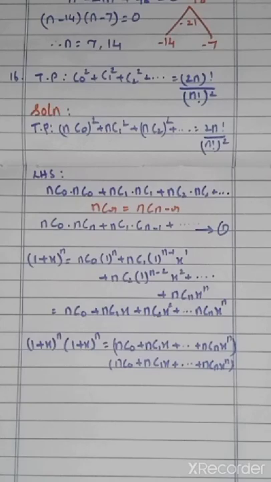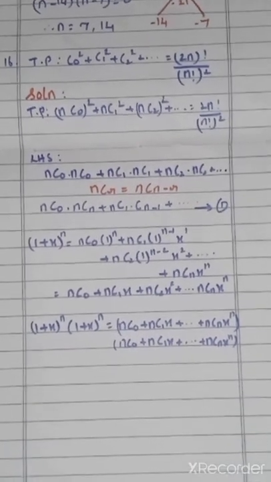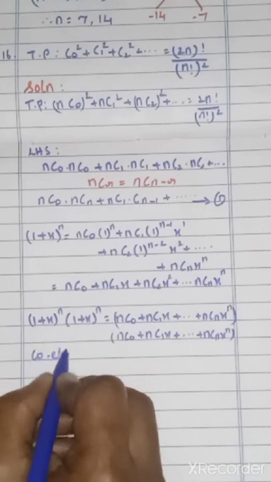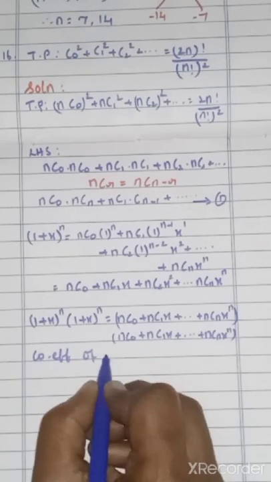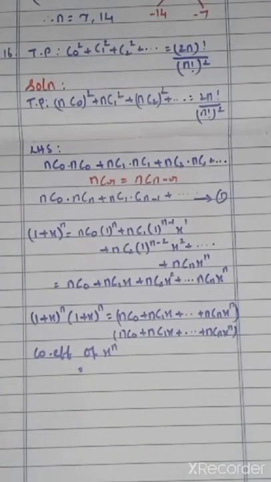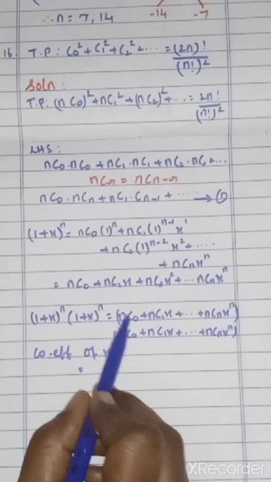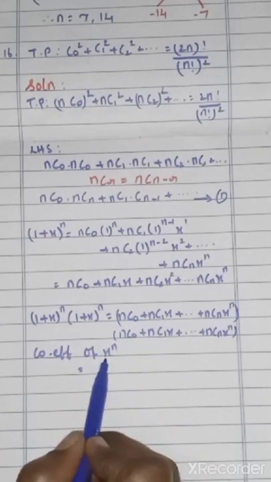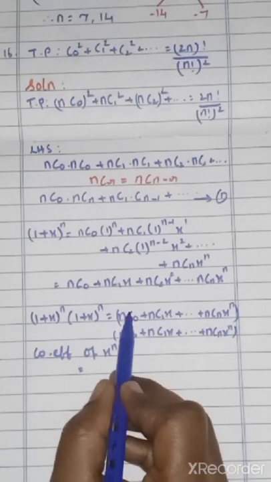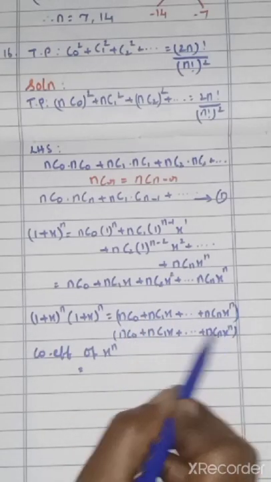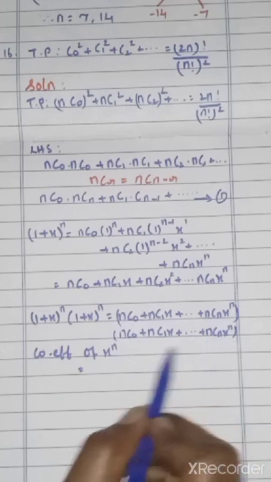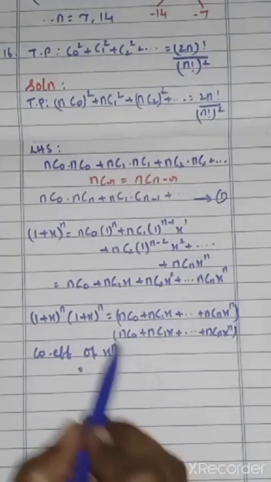Okay, why are we going to multiply both? But there is no need to multiply as it is. Just we are going to take down the coefficient of x power n. So only we are taking the coefficient of x power n. That is, after multiplying both, what do we have to get? Only the coefficient of x power n. So the constant term we have to multiply with the x power n term. Now this is the constant term, this is the x power n term, correct? So multiplying, we will get a coefficient of x power n.